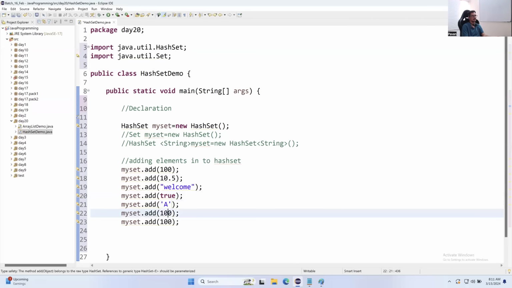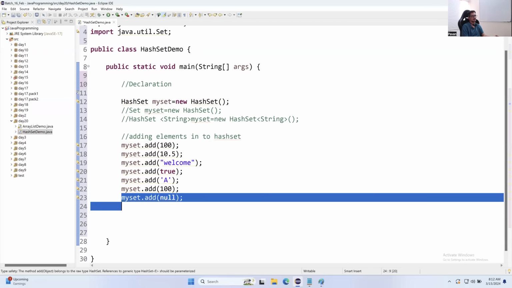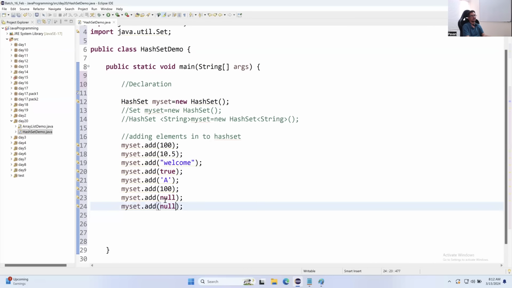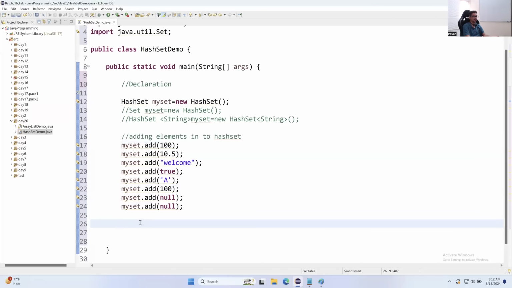Here I will put character type data. Then here again I'm doing duplication. Observe, whatever value I have given here, the same value I'm repeating. But HashSet does not allow duplicates, and still I'm trying to add a duplicate. We'll see what will happen. And multiple nulls are also not allowed, but still I'm trying to give multiple nulls. This is one null, and there is another null. See, all kinds of data I have added, even duplicate values and multiple nulls. But now if you try to print